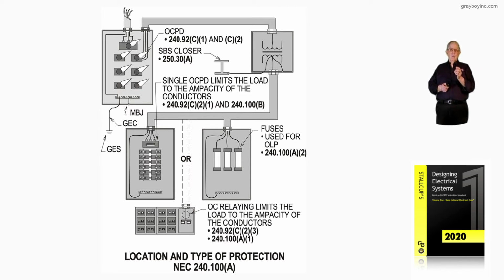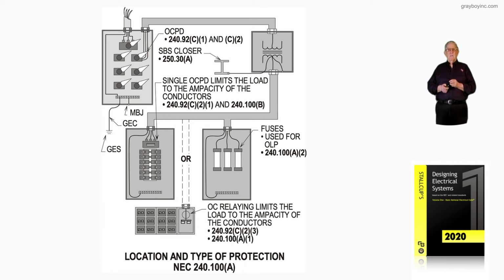Now notice in the equipment to the left, the overcurrent protection circuit breaker is complying with 240.92(C)(1) and (C)(2). And notice the grounding of the transformer takes place to the structural building steel in accordance with 250.30. Now, the single overcurrent protection limits the load based upon the ampacity of the conductors and the output of the transformer in accordance with 240.92(C)(2), item 1, and